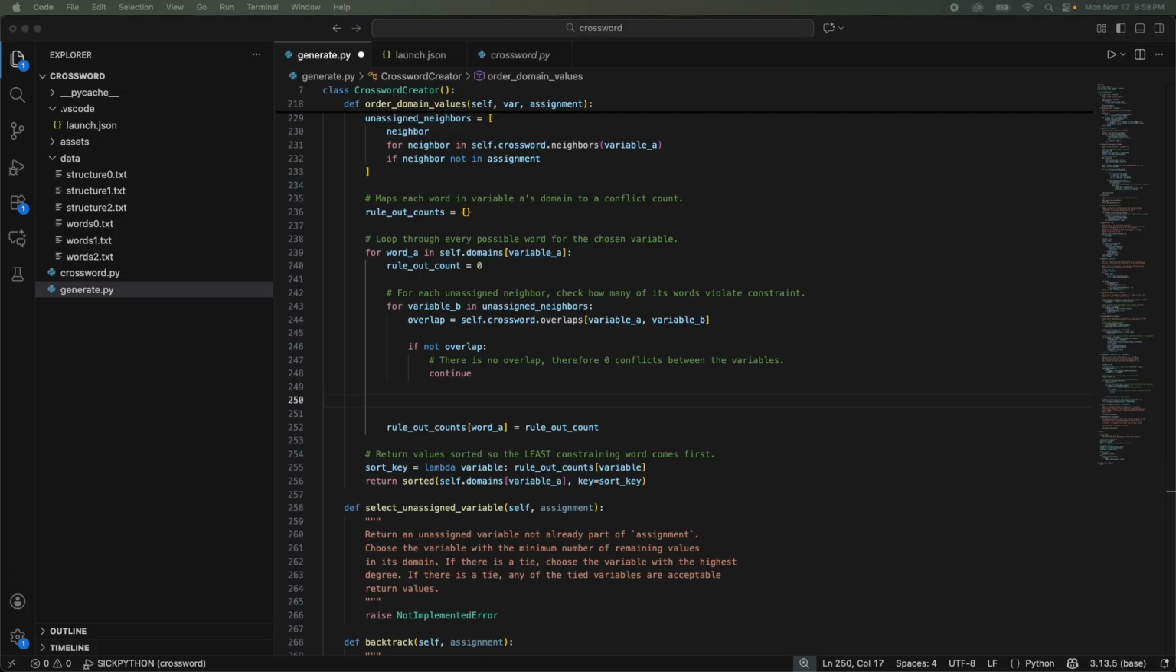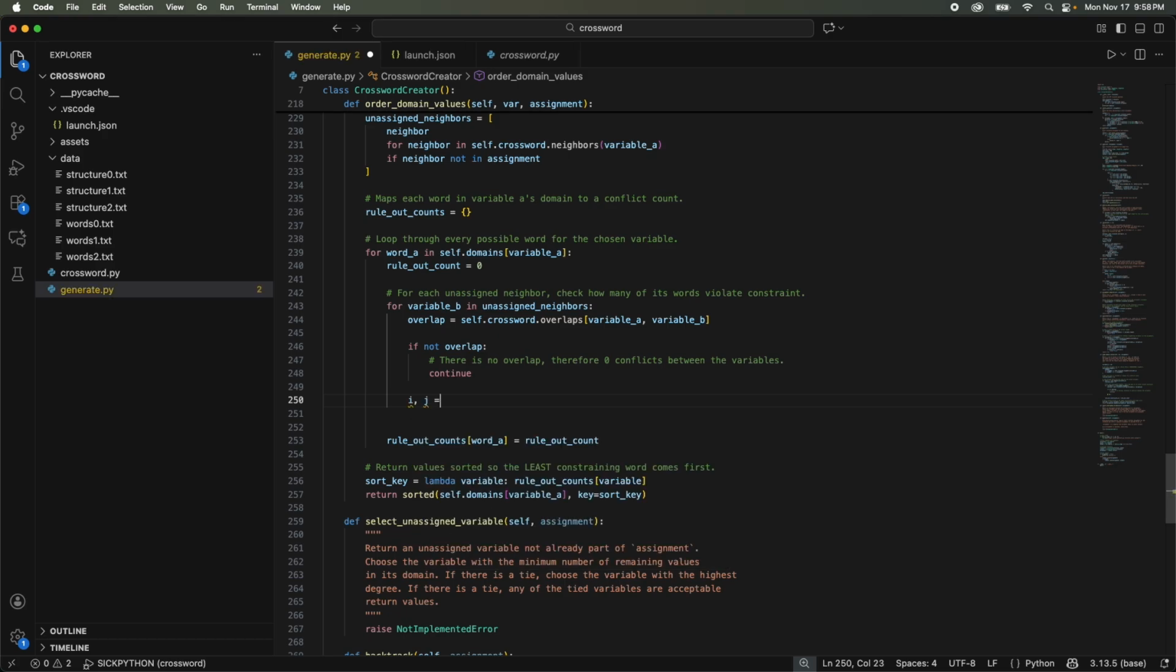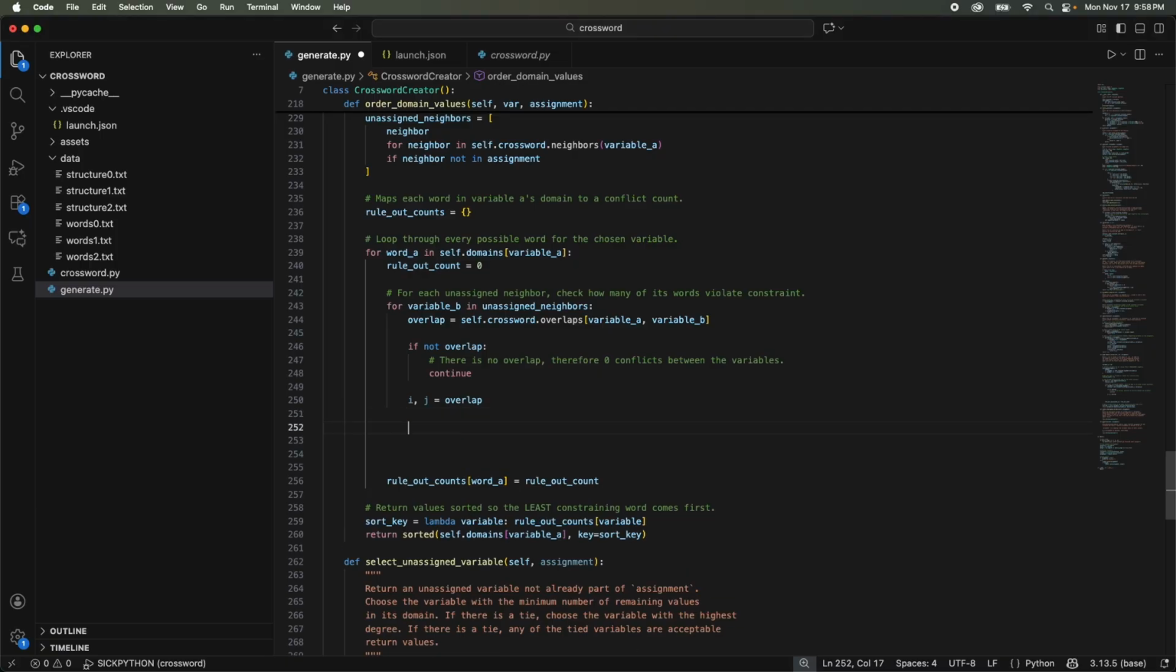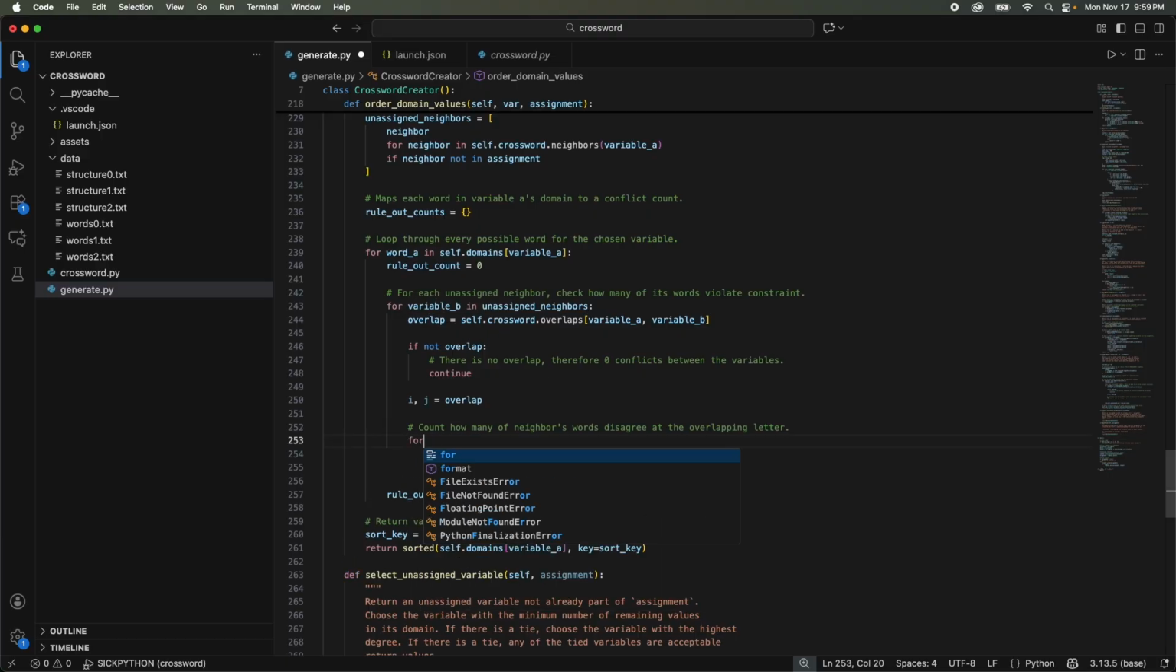And now it turns into a hairy boy. But first let's just unpack this tuple. So i, j equals overlap. And here's our hairy boy, a triple nested loop. So count how many of the neighbor's words disagree with the overlapping letter. So we're going to be looping through variable B's domain. So for word B in self.domains of variable B,